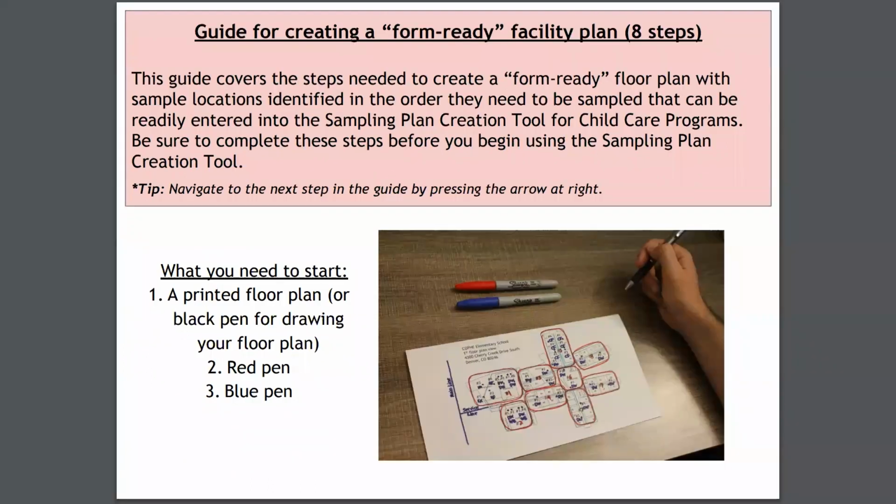So the goal now, before we get you sorted out with your free sampling kit, is we need you to make a sampling plan. The sampling plan provides the information needed to create the sampling kits that will include the number of bottles you need, pre-labeled sticker labels to put on these bottles, and a return shipping label. So all of this is provided to you at no cost. And to get you going, we'll need you to do a floor plan. And so that's what we see on this slide.